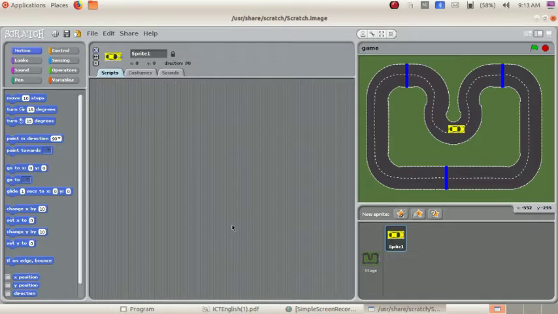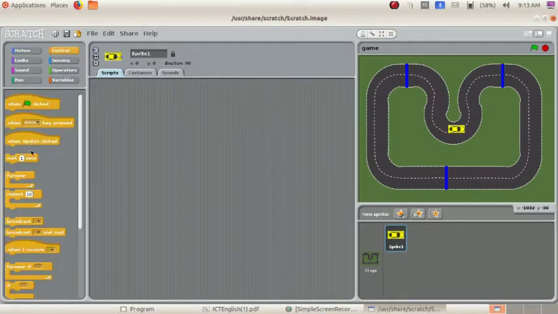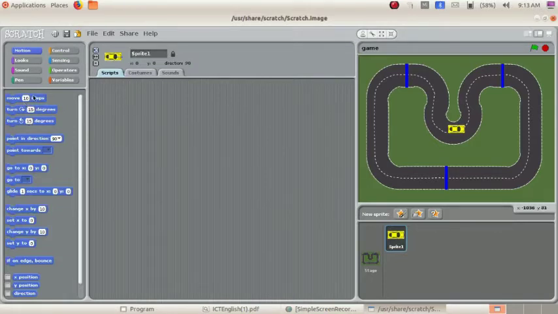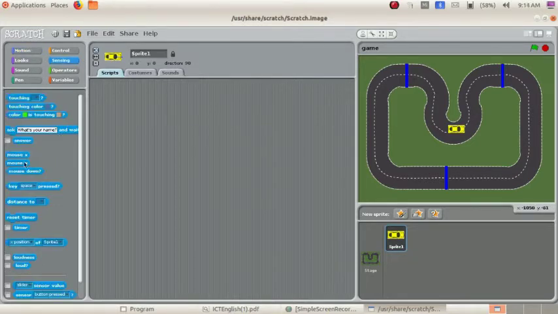First of all we add the instruction you can see in the motion tab, move 10 steps. And you can see the block if up arrow key is pressed, in the sensing tab. Just drag it to the script area.